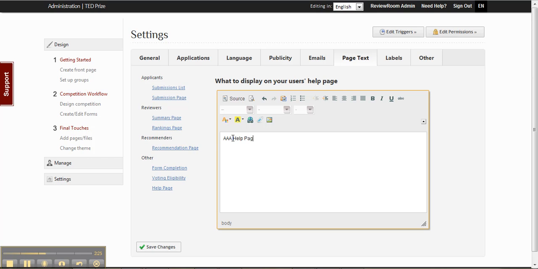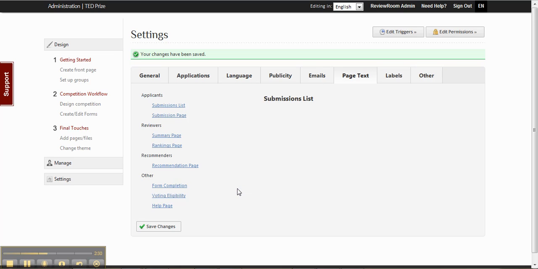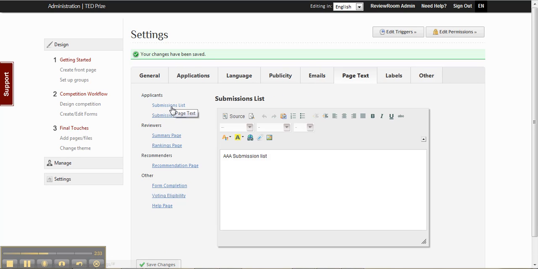Okay, so let's save our changes, and then we'll go in one by one and check out all of the different sections. If I click on submission list, essentially the place that is located is usually seen by applicants. Now, this only really applies when the user is able to create more than one application. So the applicant will not see a list of submissions unless he's able to submit more than